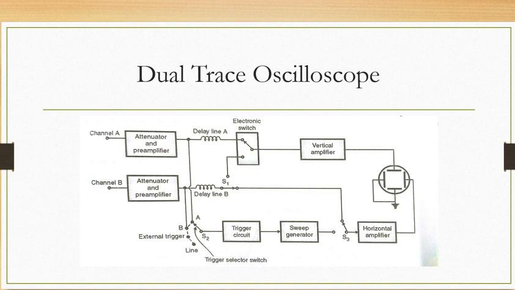By observing the relation between the two waveforms, it is possible to come to a certain conclusion about the behavior of the circuit under test. Okay, so what will be the cost effective solution to this problem? Yes, we have to use a dual trace or multi trace oscilloscope whenever we have to observe multiple waveforms or multiple signals. So on the screen of a dual trace CRO, we can observe two signals simultaneously which are synchronized with each other. You have to keep in mind.